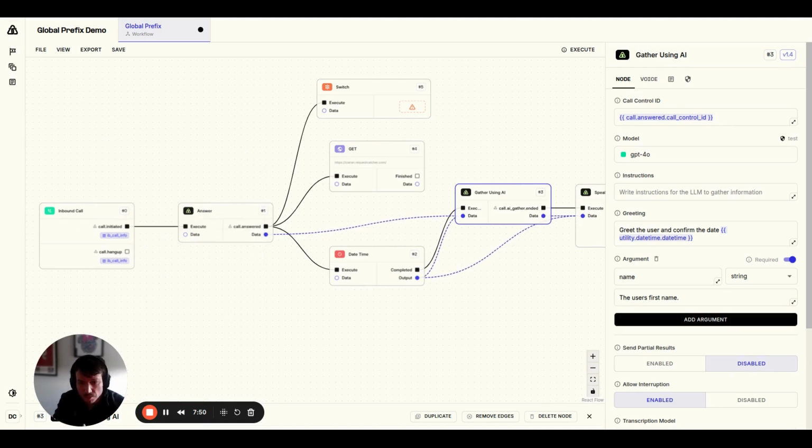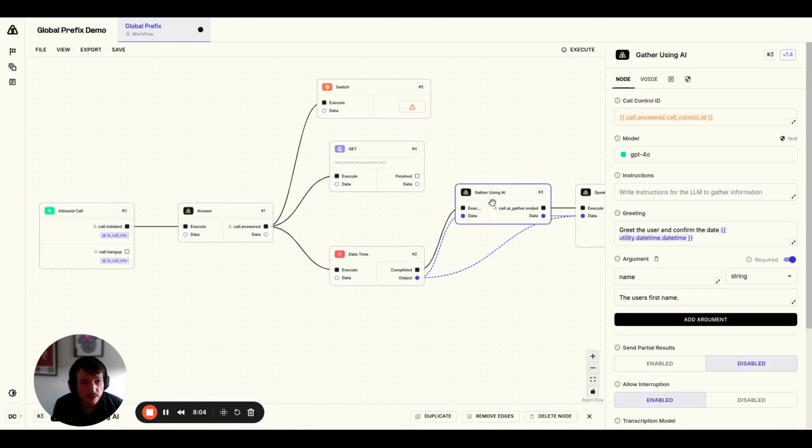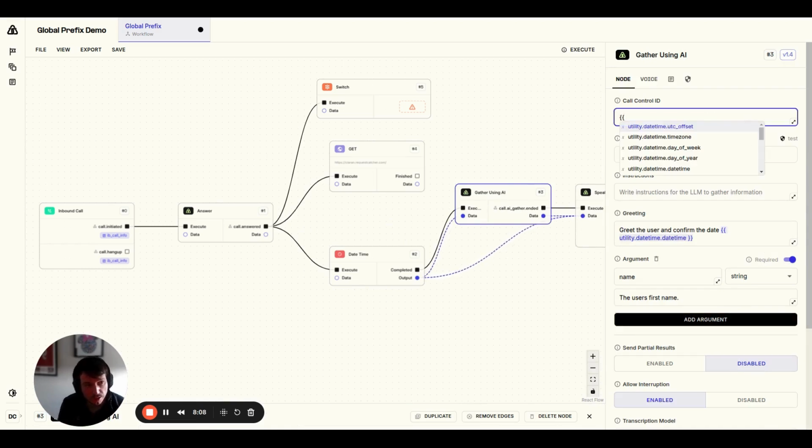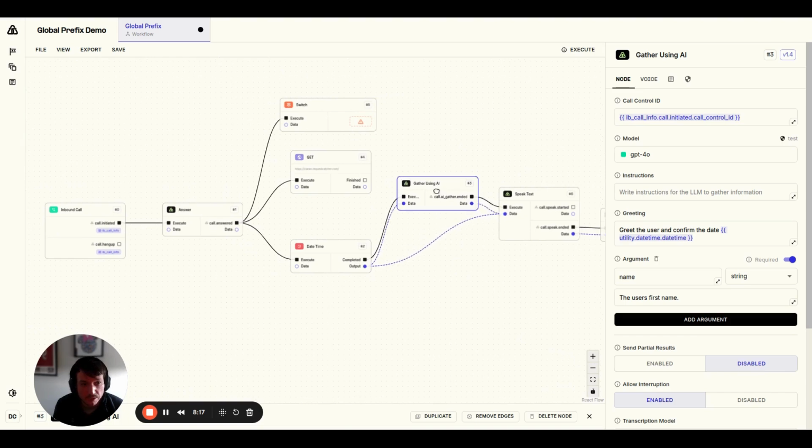We want to remove the need for passing through the call control ID across nodes when we've just pretty much made it accessible globally. So I'm going to get rid of this anchor here as well. And I'm going to have to update the gather using AI call control ID field to use the inbound call info global prefix instead. So now when we look at our graph, right, I know now that the datetime node